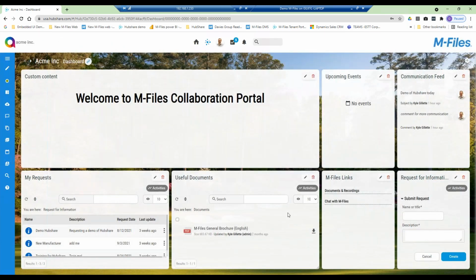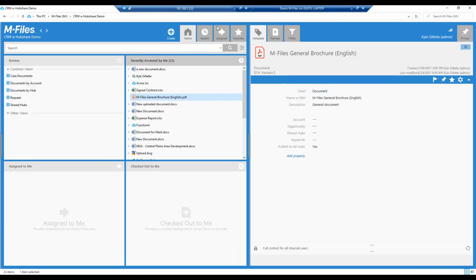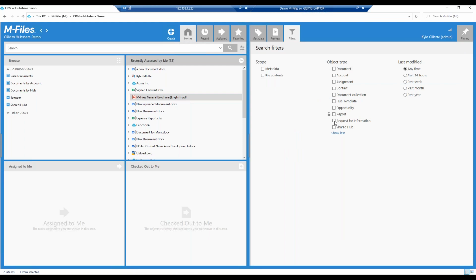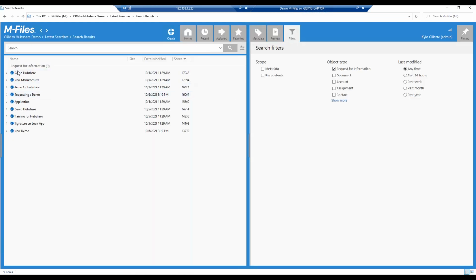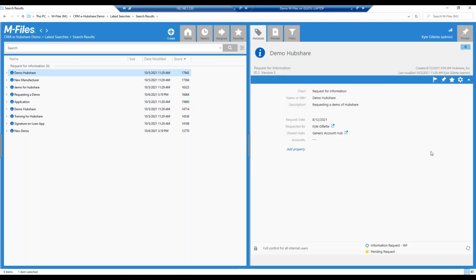Furthermore, we've talked about documents, but we can actually show objects in M-Files as well. If I go back to M-Files, I'll do a quick search here for all my requests for information objects. I have a number of requests for information objects. Think of this as a data form, a data object with a set of data that goes through an actual workflow for me to accommodate this request. But I can surface this actual